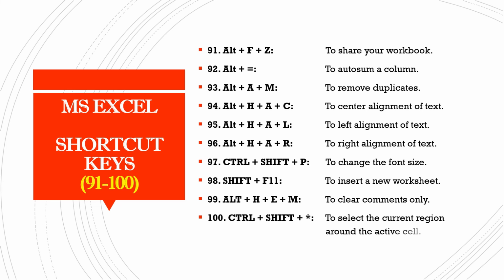तो ये थी हमारी अनदर 50 शॉर्टकट कीज़। इसी के साथ पार्ट 1 और पार्ट 2 को मिलाकर हमारी 100 शॉर्टकट कीज़ हैं।